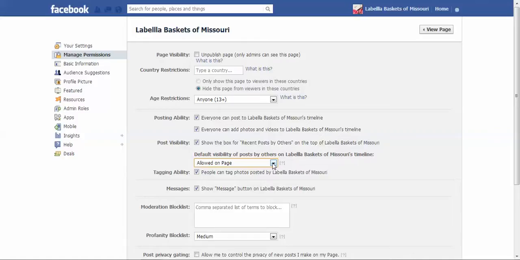So, tagging ability. I love how you can tag people in here, especially if they're already friends on your personal profile, because when you tag somebody in a post, that tag gets shown on their news feed, which all their friends can see. So this again allows you the ability for a post to go viral and that you gain some more fans and more engagement on the page.